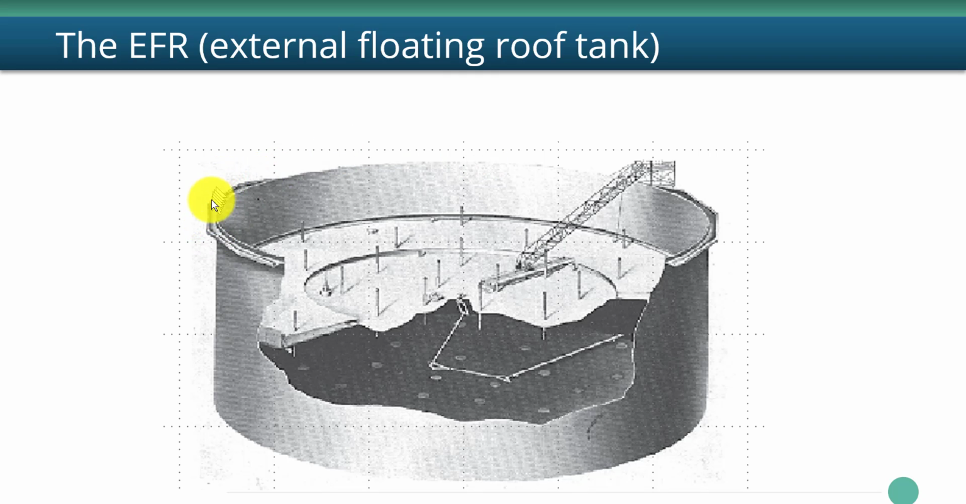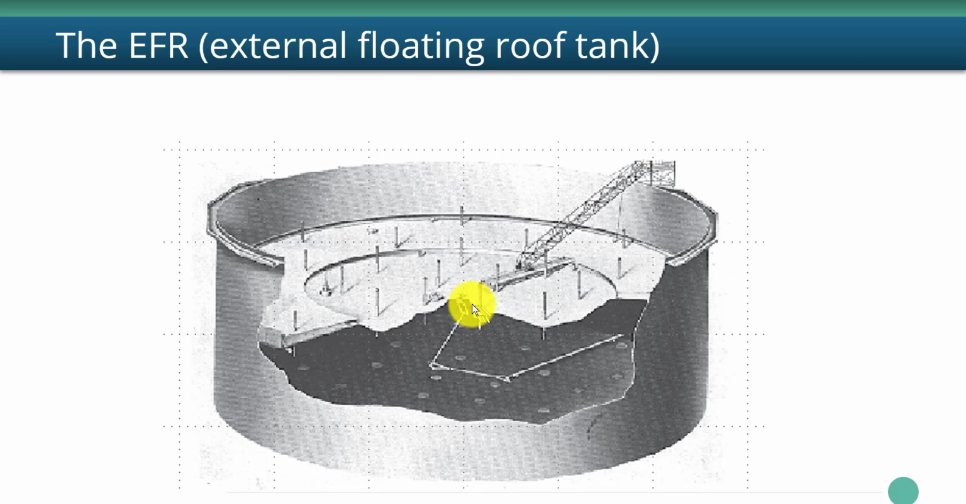It shows the basic components. This wind girder at the top is to stiffen the shell from movement from the wind. We have an access ladder. This is called a rolling roof ladder. It rides on a track, a couple of angle irons that support this rolling roof ladder, and then the membrane